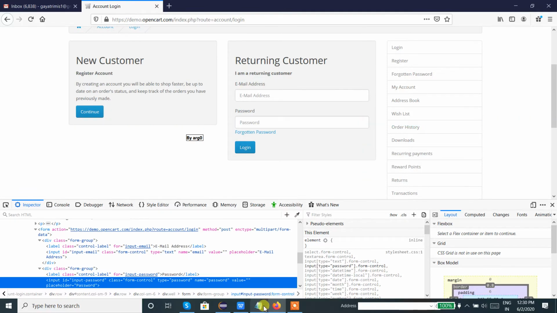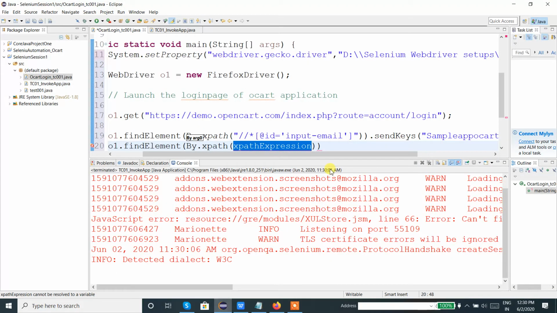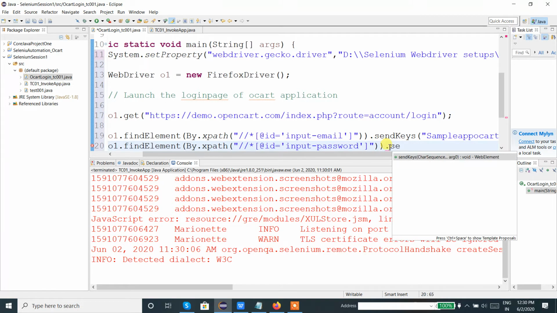The xpath will be copied over here. We can use the xpath within double quotes, and the id attribute equals value. The value must be within single quotes, not double quotes. If it is already in single quotes, no need to change. If it is not in single quotes, we need to change it to single quotes.